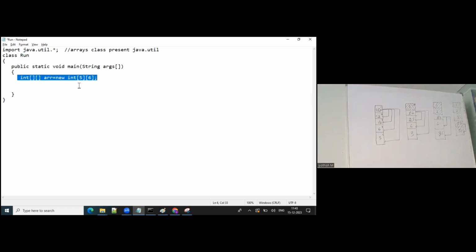Done. See here, one more way. Integer array arr is equal to brackets 10, comma 20, comma 30, comma 40. Correct? This is first row data, no? Overall braces, semicolon. Second row: 1000, comma 2000, comma 3000, comma 4000. Second row data. Third row,